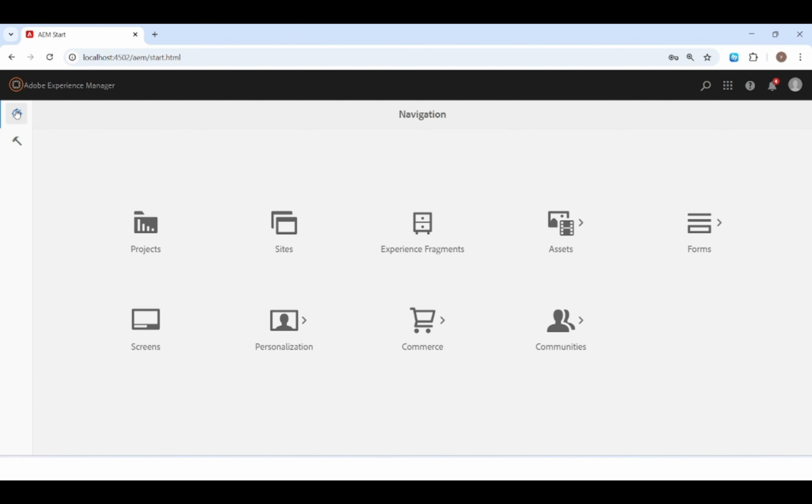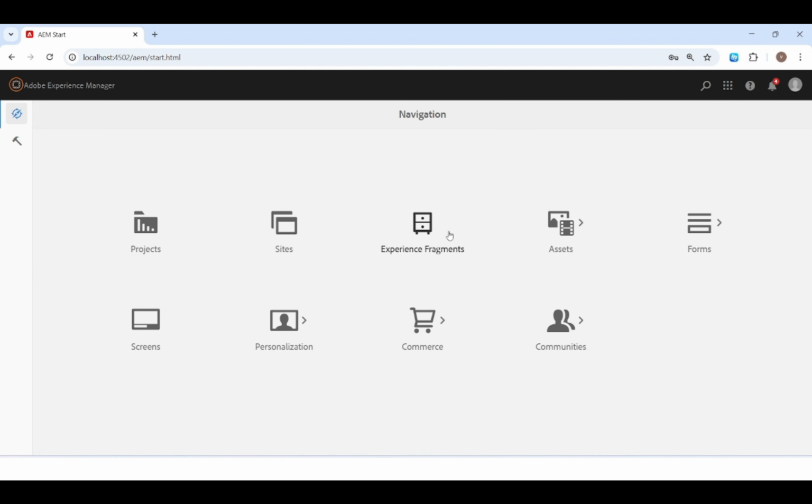We'll first focus on the first icon, which is of navigation. For now, from here we can create and manage websites, projects, assets, forms, and many other elements that are essential for